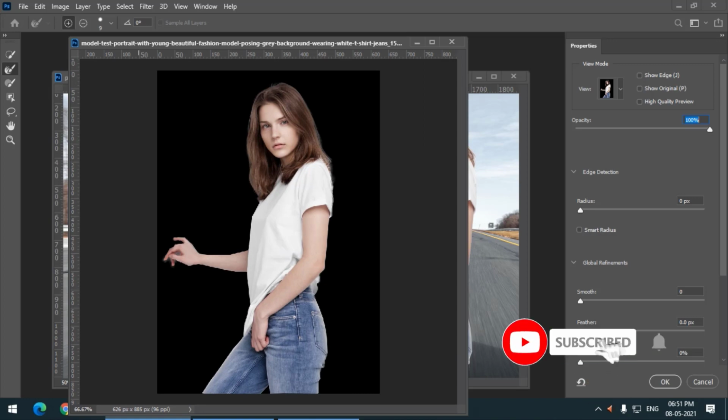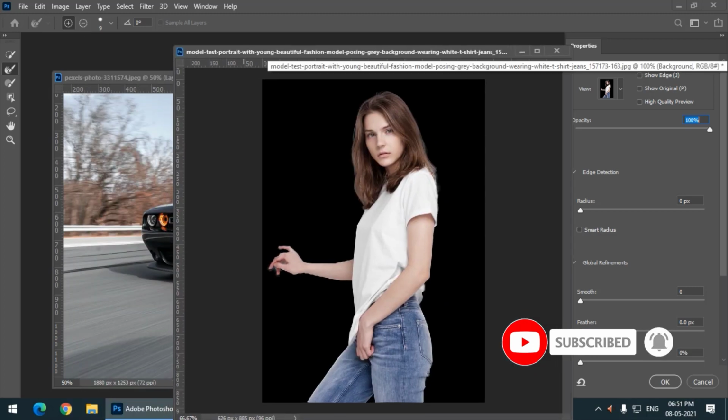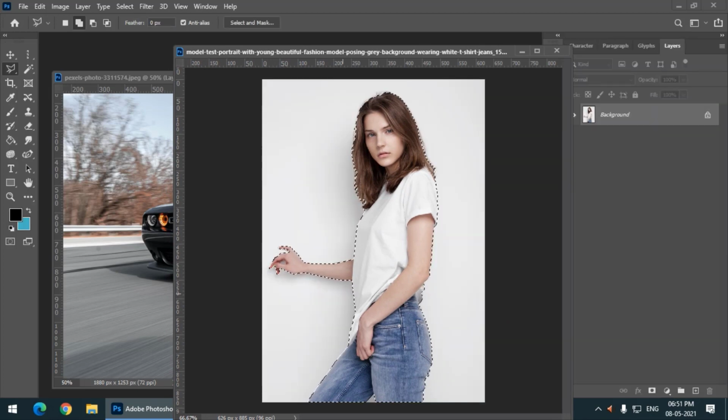but again, as I say, you have to spend much more time in selecting. First of all, select this image as accurately as you can in the first go, then apply finishing touches using this Select and Mask option.